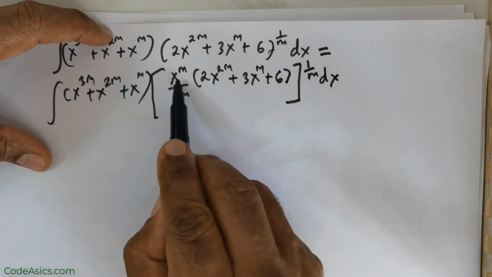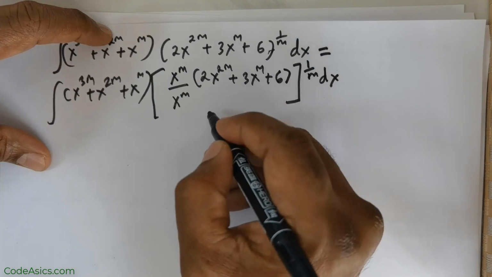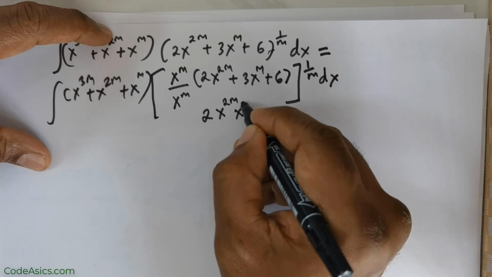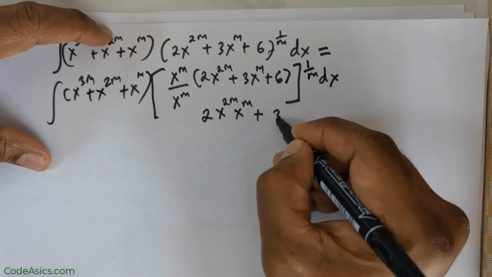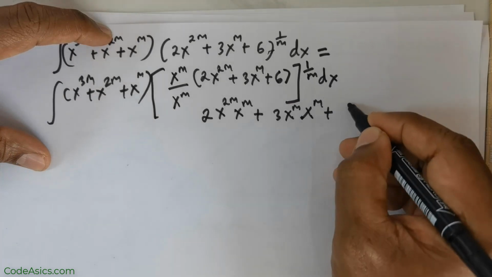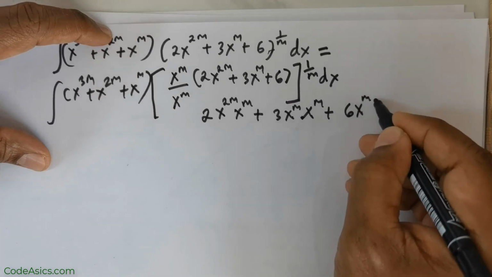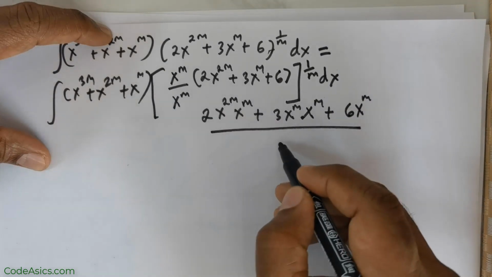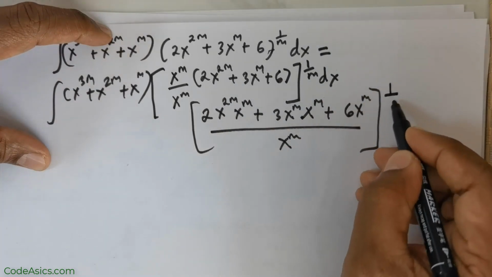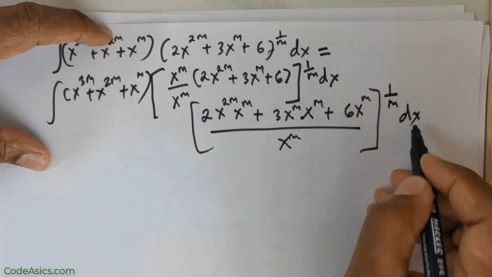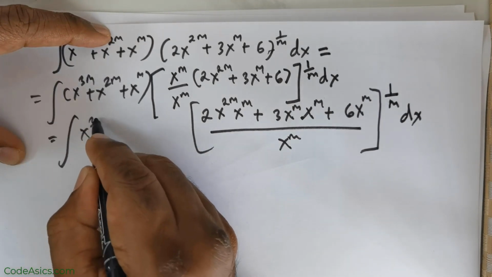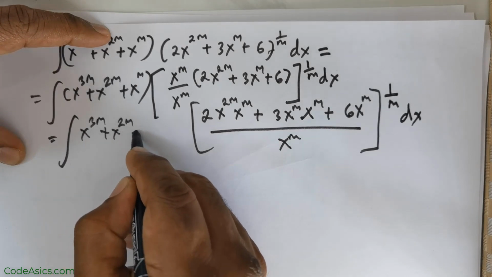Now when x raised to the power of m goes inside, what happens here? This is nothing but 2 times x raised to the power of 2m multiplied with x raised to the power of m positive 3 times x raised to the power of m multiplied with x raised to the power of m positive 6 times x raised to the power of m divided by x raised to the power of m. As I mentioned to you, this entire component is raised to the power of 1 over m times dx. Of course over here you got x raised to the power of 3m plus x raised to the power of 2m plus x raised to the